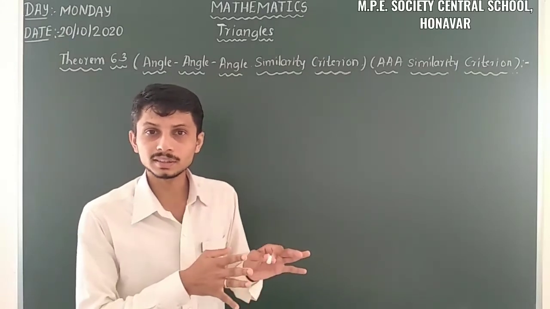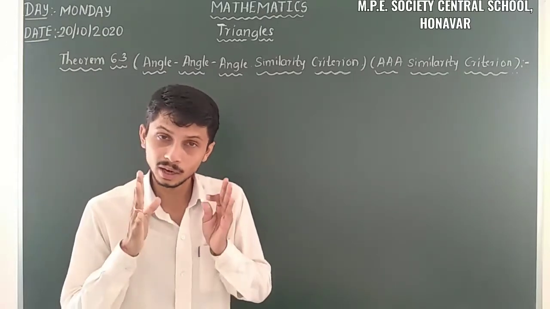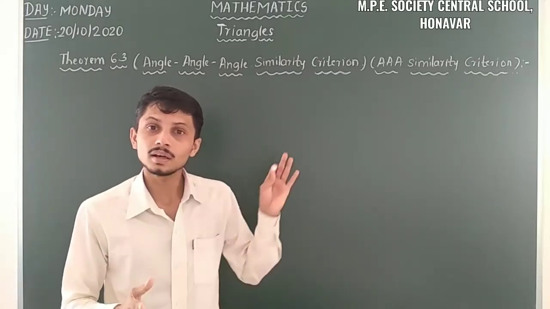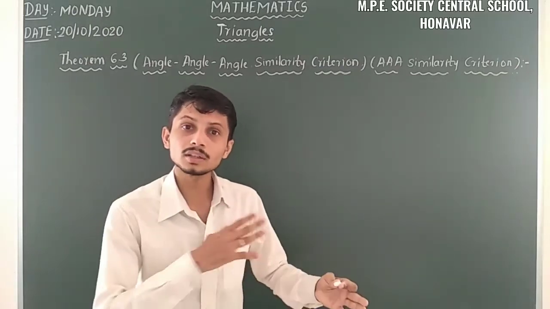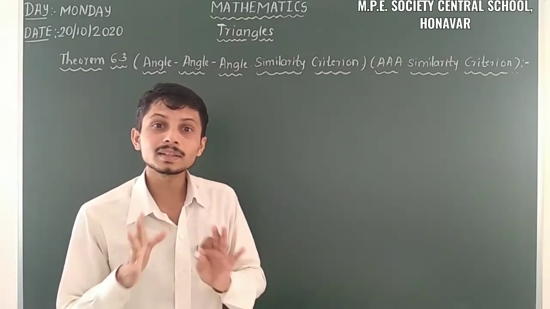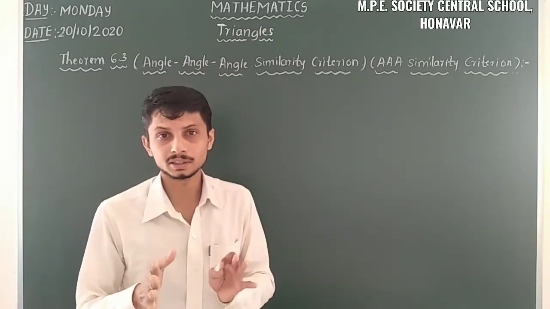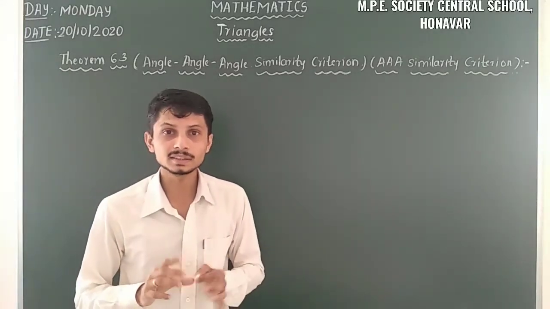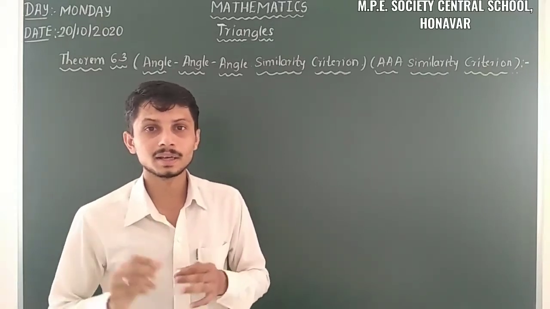So here also we are considering two triangles, there also we are considering two triangles. We have to take the criterion according to the rules. In congruence rule all the corresponding angles and sides are the same, but here angles are the same but the corresponding sides are proportional or in the same ratio. So likewise here we have to state the AAA similarity criterion, that is angle similarity criterion.